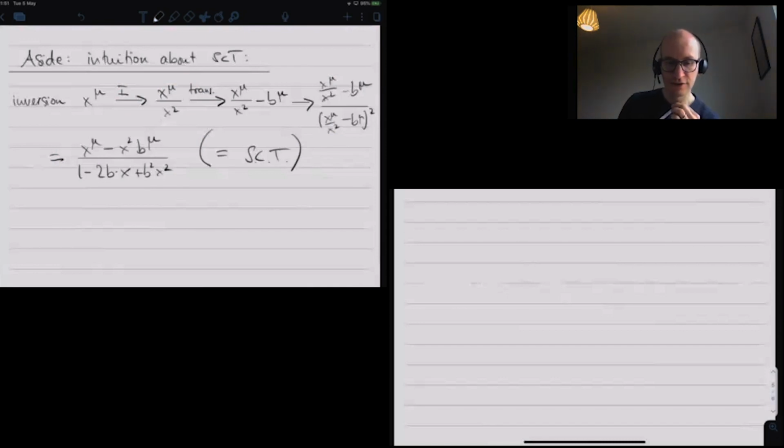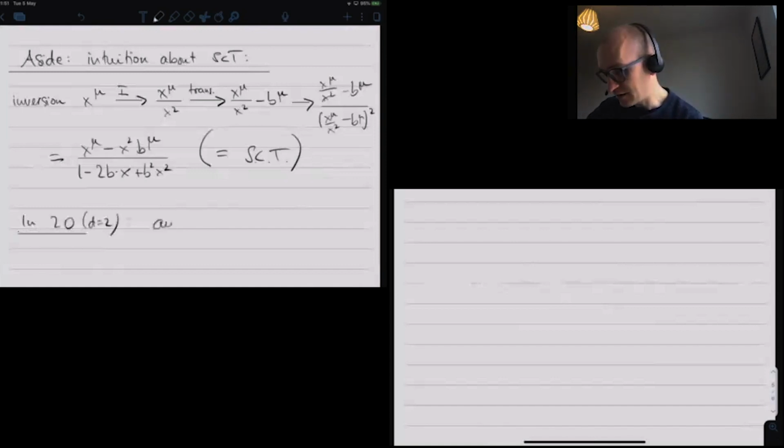Okay, so then the other thing is that in 2 dimensions, so this is the intuition about SCT, then in 2 dimensions, so that means D is equal to 2 here, okay? So what we can write is actually, we can write ds squared is equal to dx squared plus dy squared